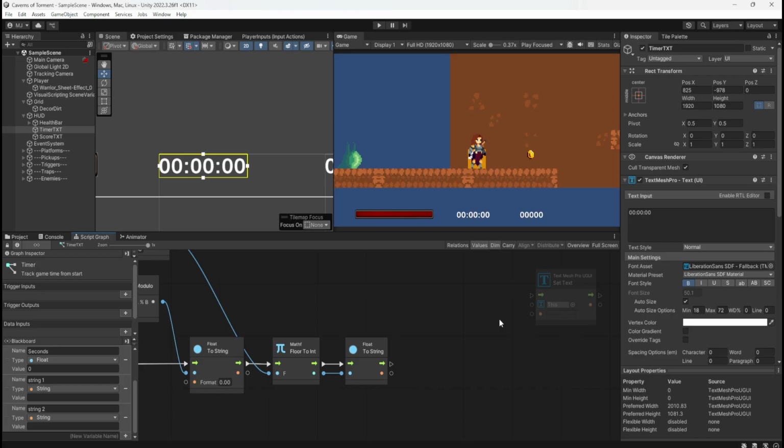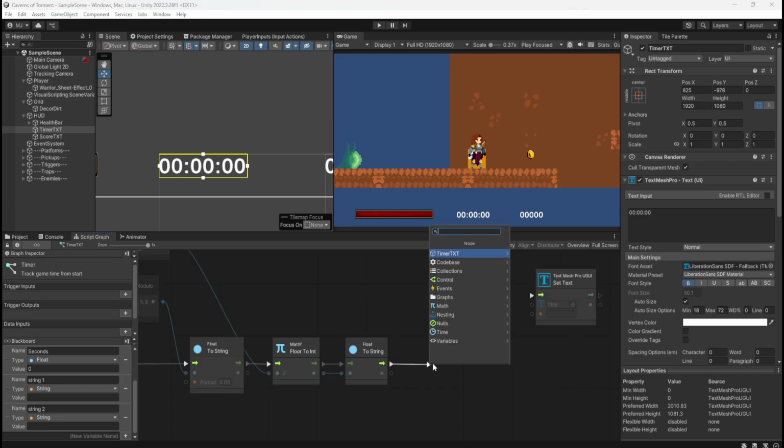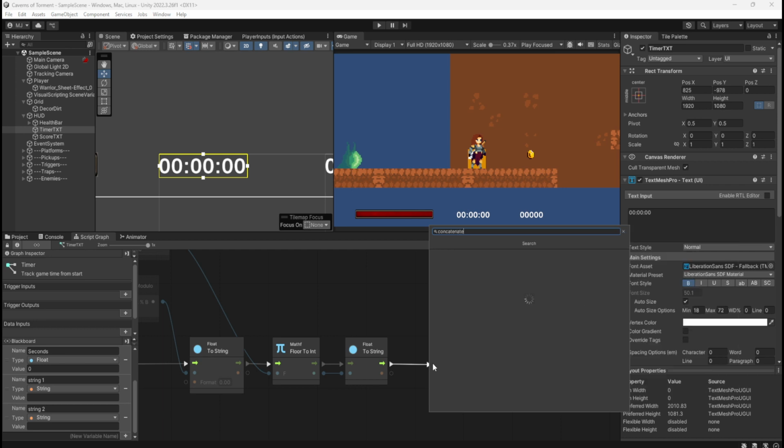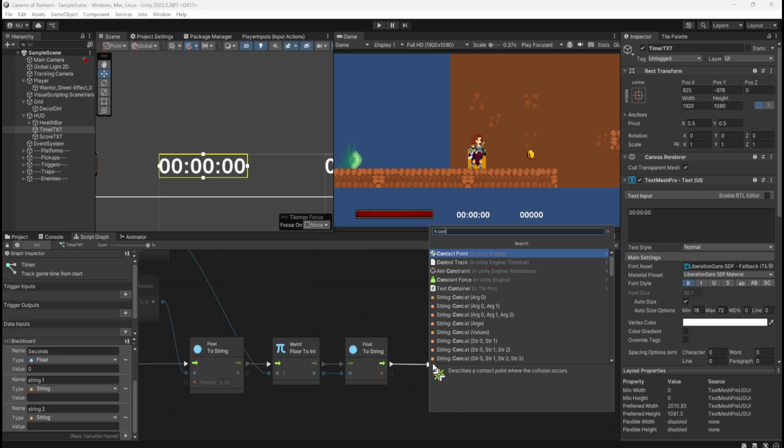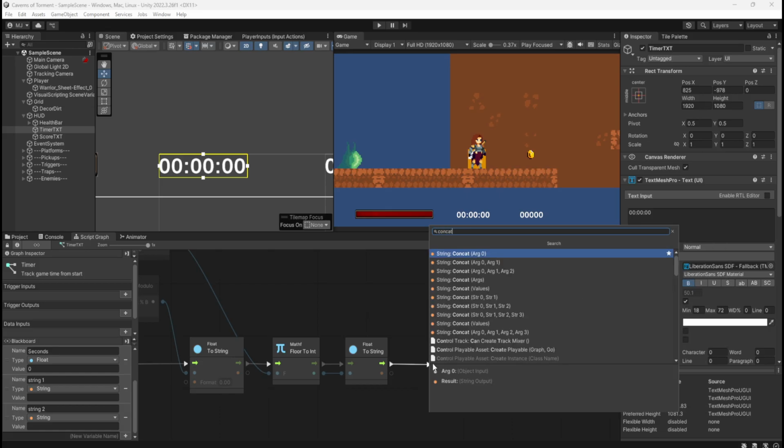We'll need two, one for minutes plus a colon and one for the previous plus seconds. Okay, so do I drag off a float to string and do concatenate? What? Why is that? Concatenate. I've spelled that right. Oh, concat. Oh. String add.